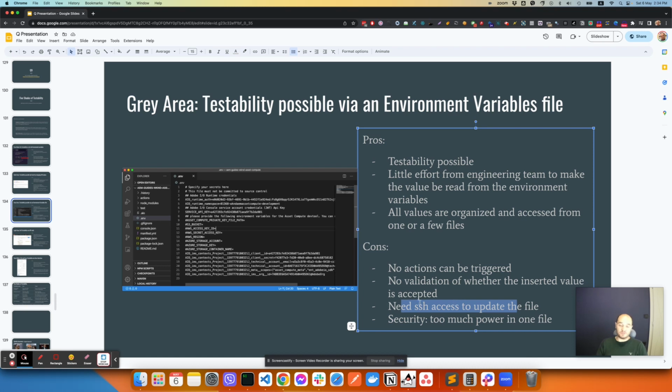For example, in staging, you might have real customer data. You might not want to give everyone access to that. So yeah, security issue here, like too much power in one file, right? Again, security here must be very careful because basically,